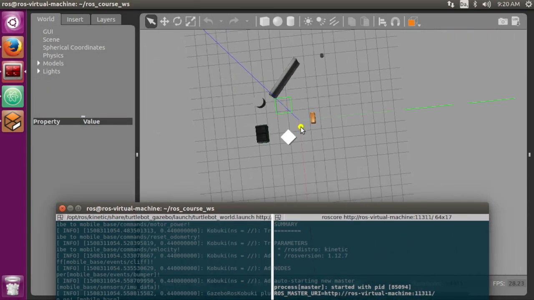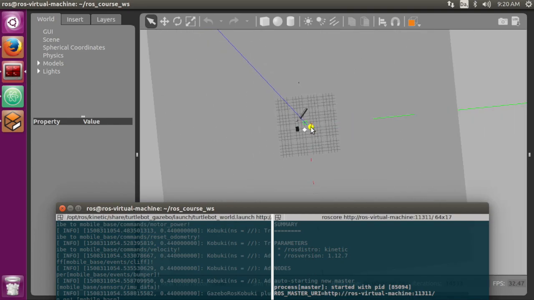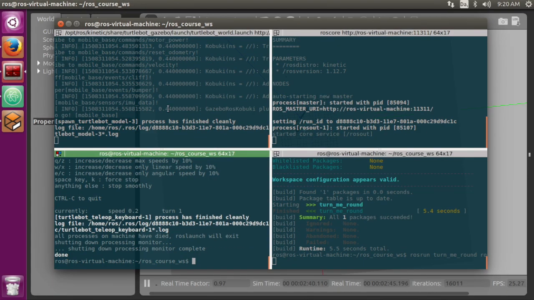Oh, there we are. Now it's working, and it's making a big, nice circle. All right. So it's turning